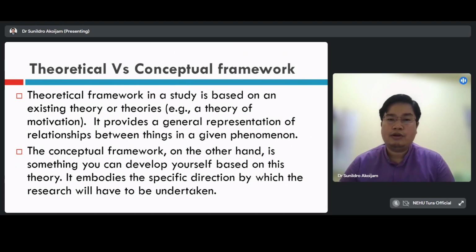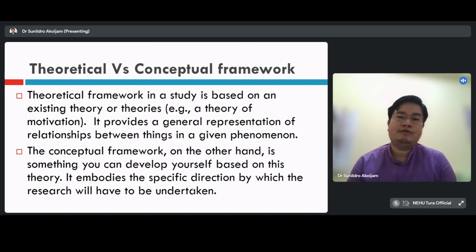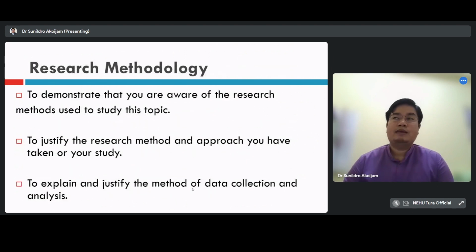Again, a research model is a more refined version of a conceptual framework that clearly shows the variables they have considered, the type of tests they are going to conduct, and the type of hypotheses. Whether they are trying to find out the relationship between two variables, three variables, or the mediating and moderating effect, all will be reflected very clearly in the research model. So that is all about the theoretical and conceptual framework and the research model. After that comes research methodology.